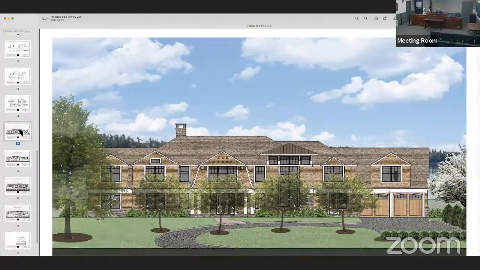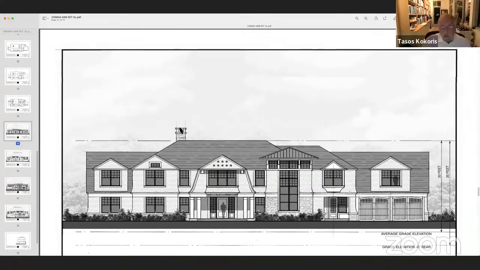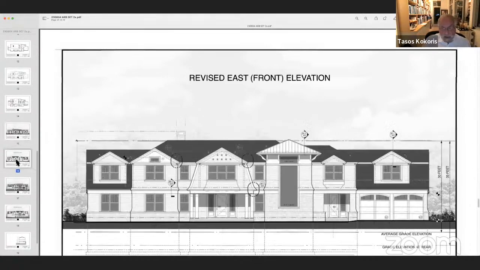That's fine. This is the approved front elevation of the house. And the revision, if you can see my cursor, had to do with the central window in the tower in the front.